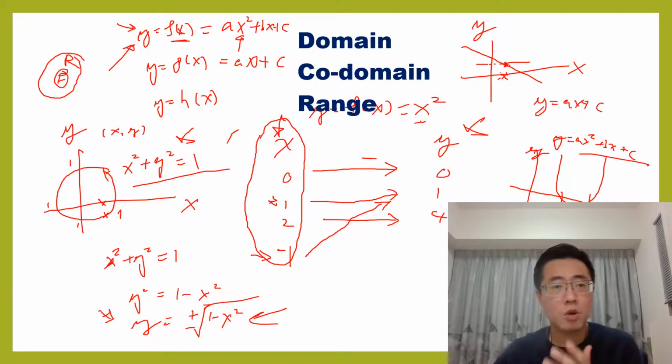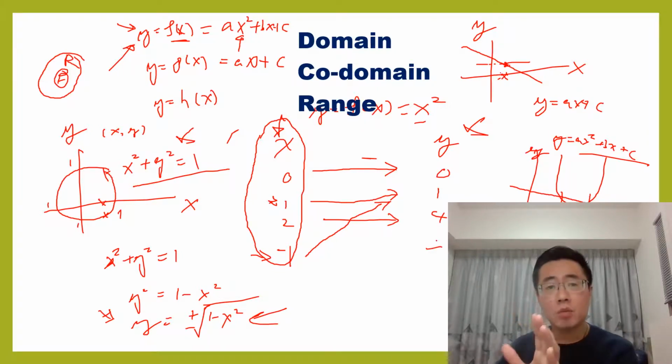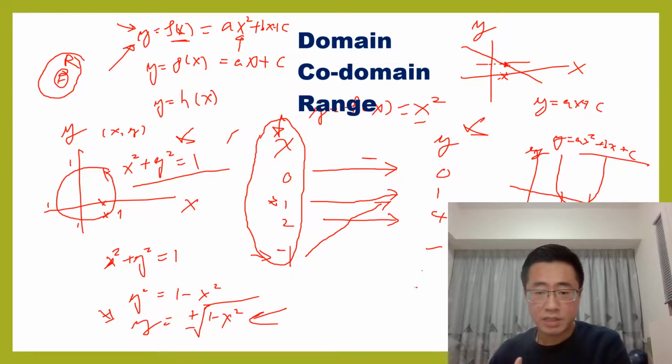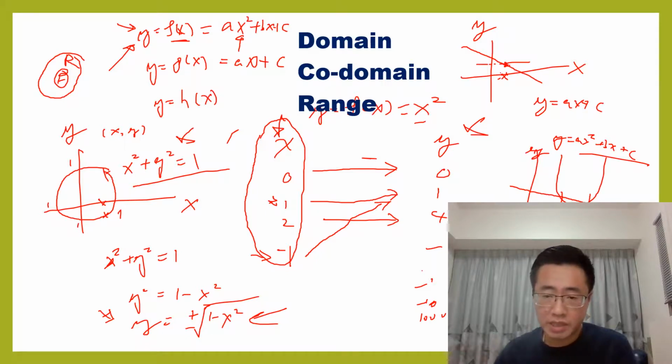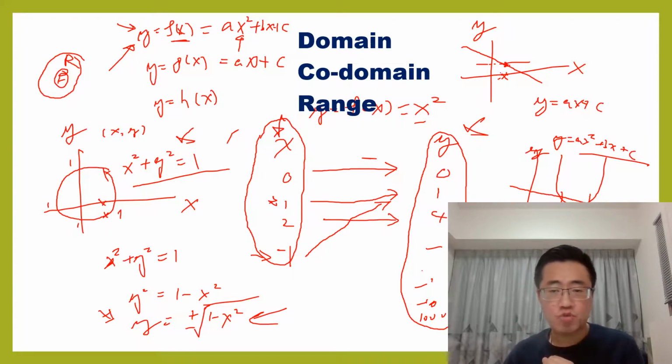And the second term is the codomain. Codomain is on the right-hand side of the graph here. Codomain represents the set of all the values, also usually referring to the real values, of y under consideration of the function y equal to f(x). So the codomain actually is pretty broad. It can refer to -1, -10, or 1000, say for example. So the codomain here actually includes all the real values, including the negative numbers, as shown here under this set of numbers.